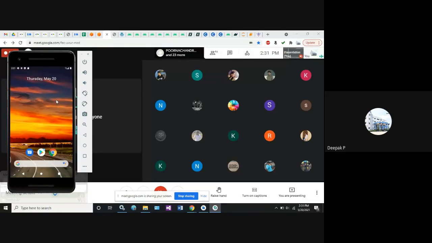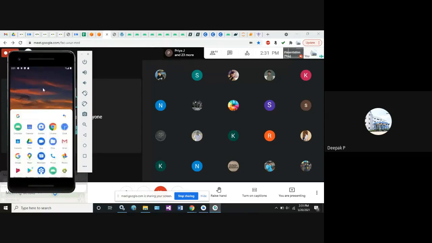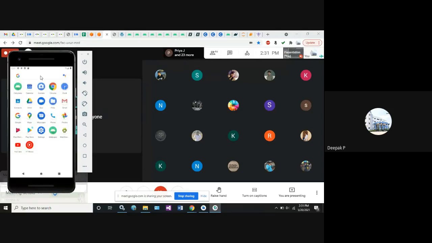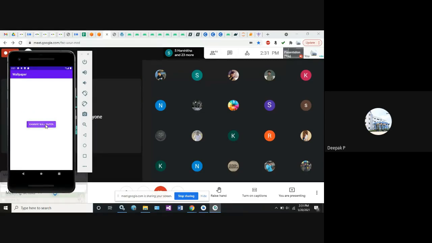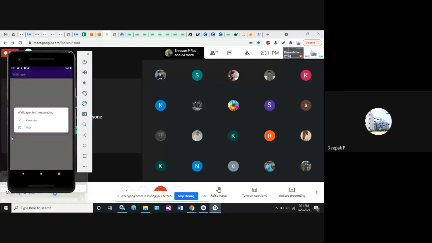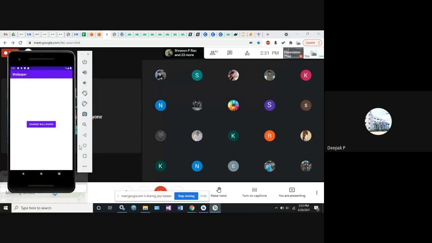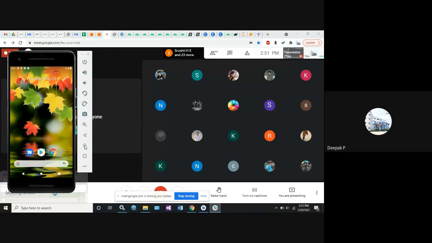Listen here, we have another feature. Scroll down this icon. Whatever apps have been installed into the VRN will be shown as an APK file here. Click on the wallpaper icon. So the app will open. Click on change wallpaper. So the message has popped out. So click on home. So the wallpaper will be changed.